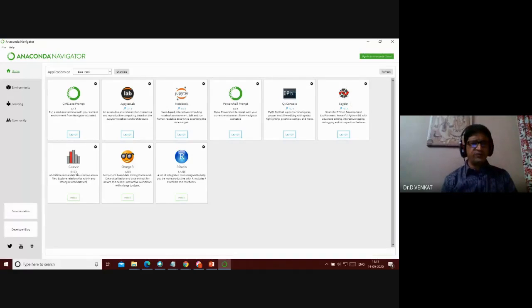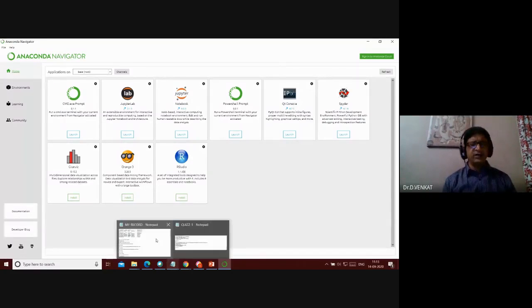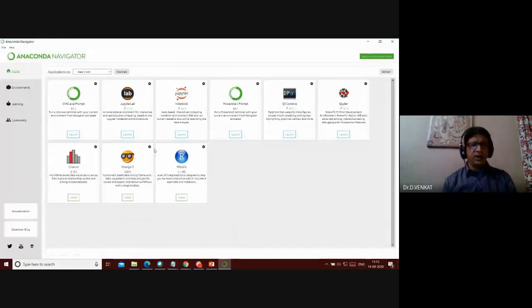We interchangeably use between these two. Then there is a GlueViz for data visualization. This is almost like a Tableau. Whatever the Tableau software will do for visualization, it does that. There is also Orange. See, there is a free open source data mining tool called Orange. It provides you the mining framework.